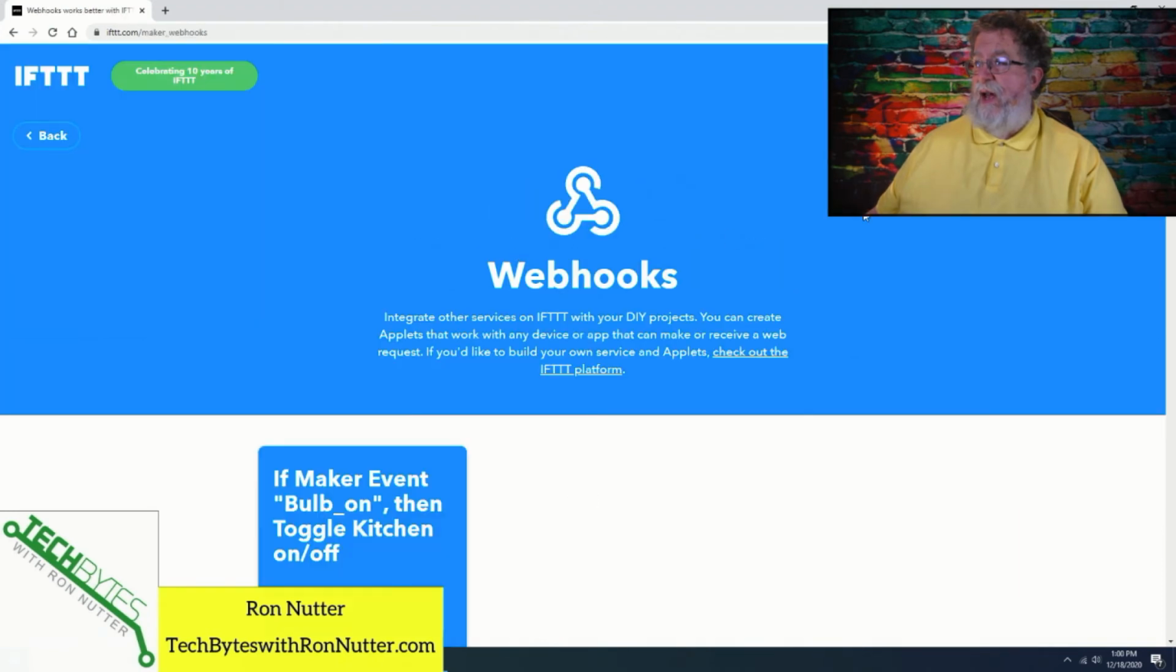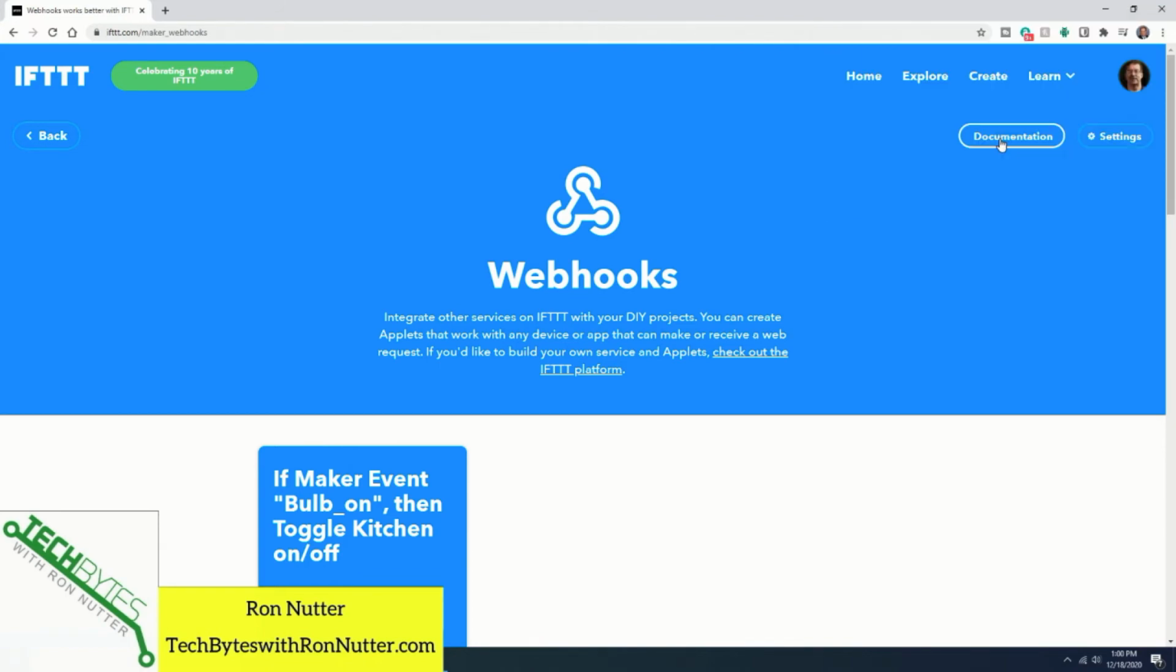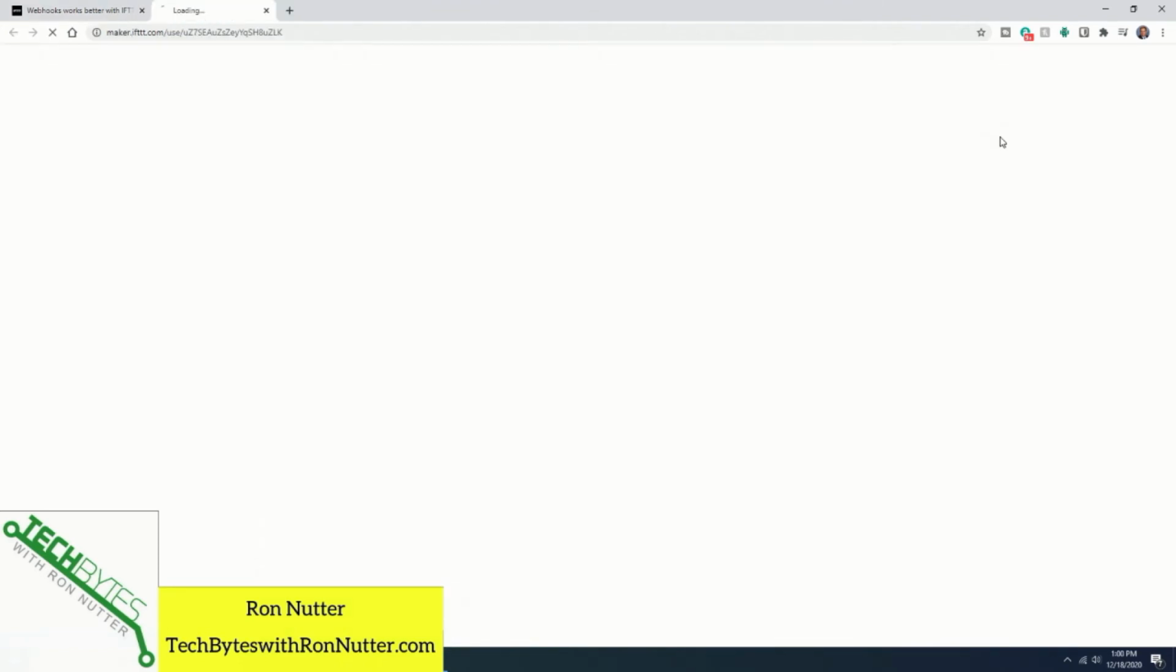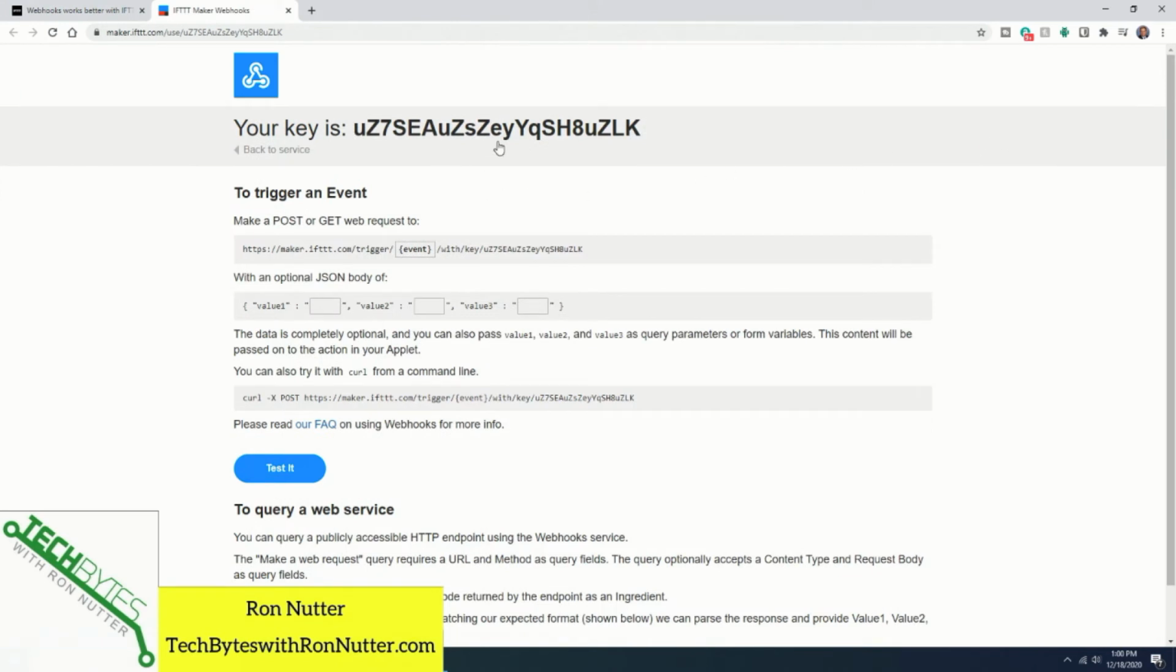Webhooks. Now, this is the page you need to know about, and let me get my ugly mug out of the way here. The documentation button is what's going to make this all work. So we'll click documentation, and this is what gets you to the back end to make it all work. So you click under event here